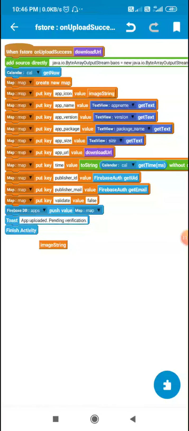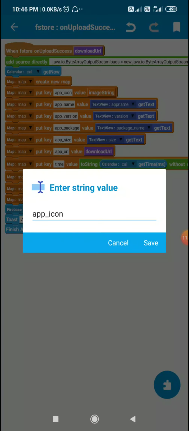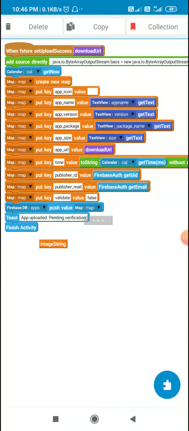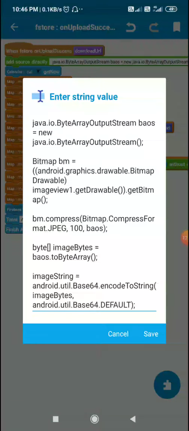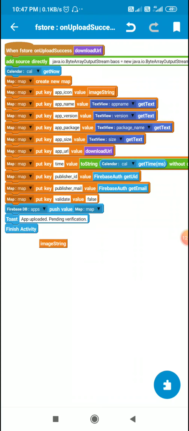Now after that I use calendar get now, create new map, and in map I put this key app icon, and here the value is this image string which I created here. Then I put key app name, the value is app name get text. Then I put key app version, value is version text get text.